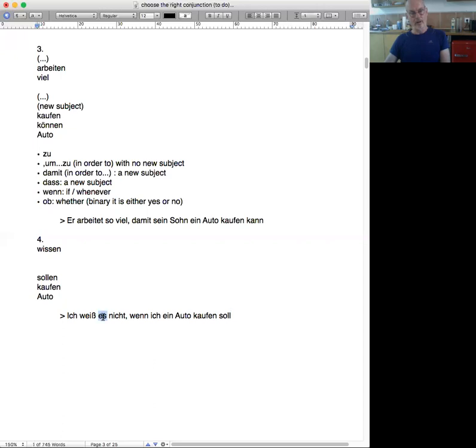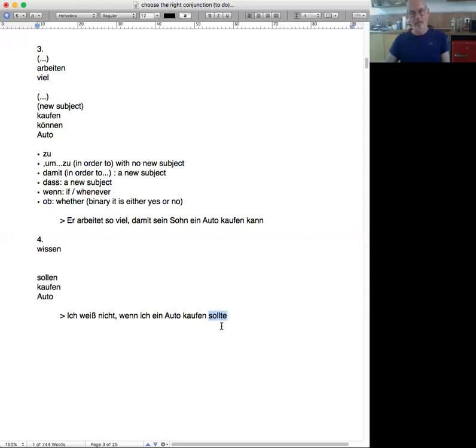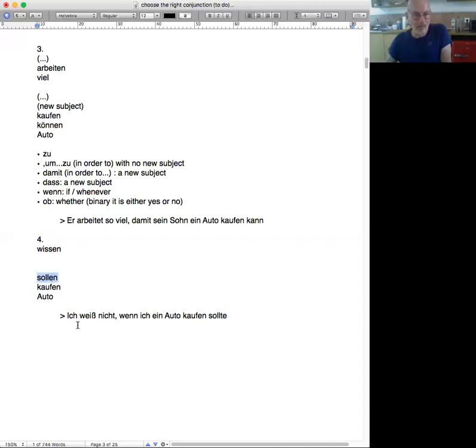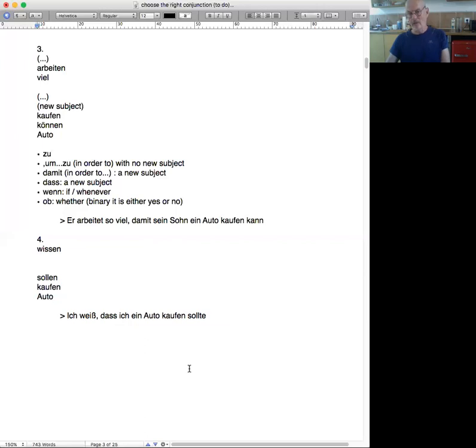Ich weiß nicht if I should buy a car. If I shall buy a car, better always to go with sollte, the conditional of this. I know that I should buy a car. Ich weiß, dass ich ein Auto kaufen sollte.